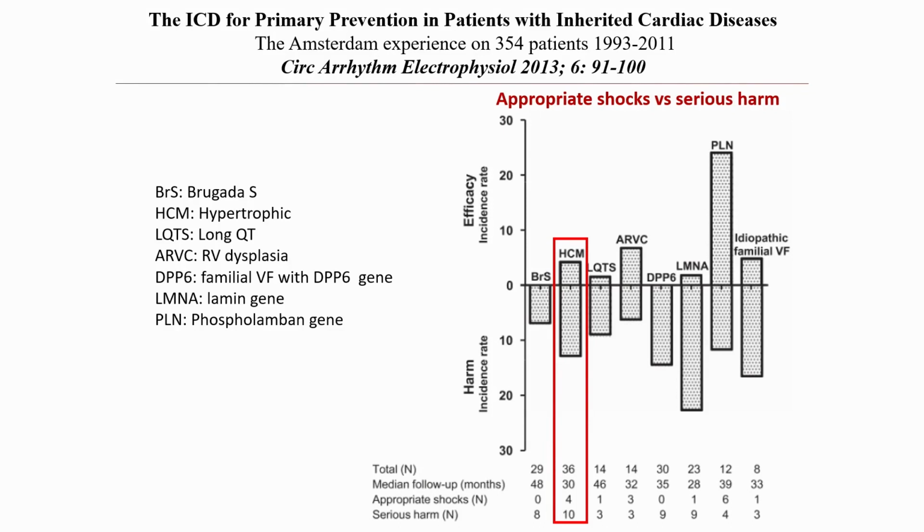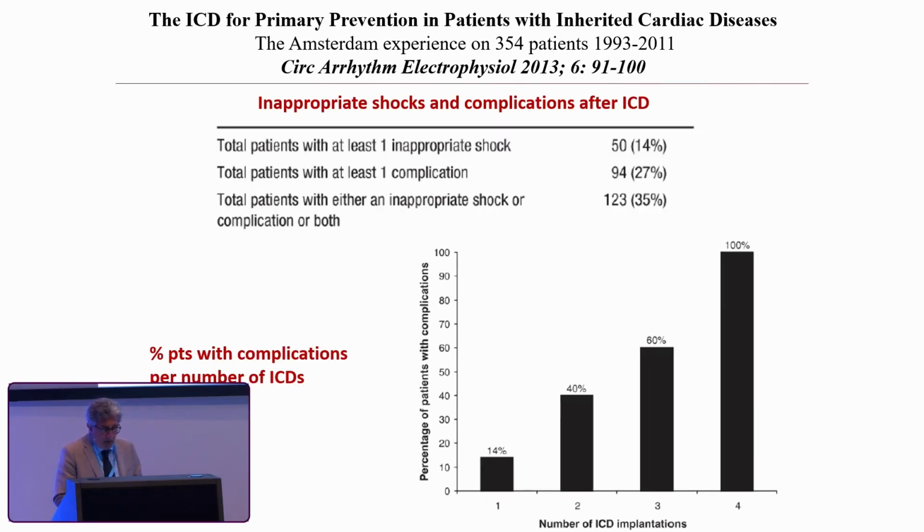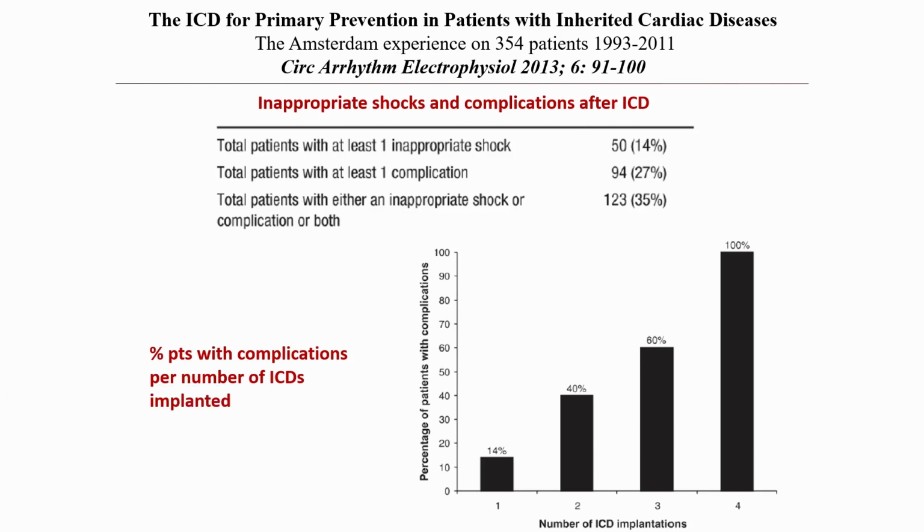And on the other hand, the rate of adverse events is very high. For example, either an appropriate shock or a complication occurs in this survey in 35% of the patients. And if a patient replaces the ICD frequently, it is almost 100% certain that the patient will have a complication after